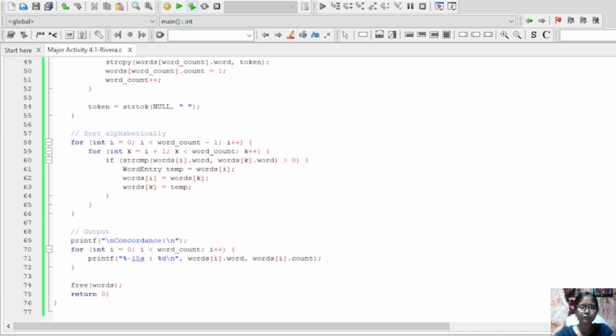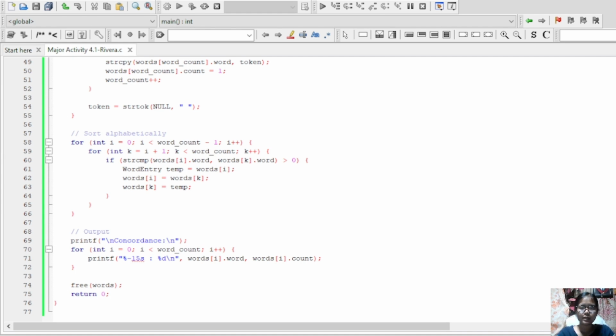Okay, let's wait, it's loading. Okay, here. Enter a paragraph.